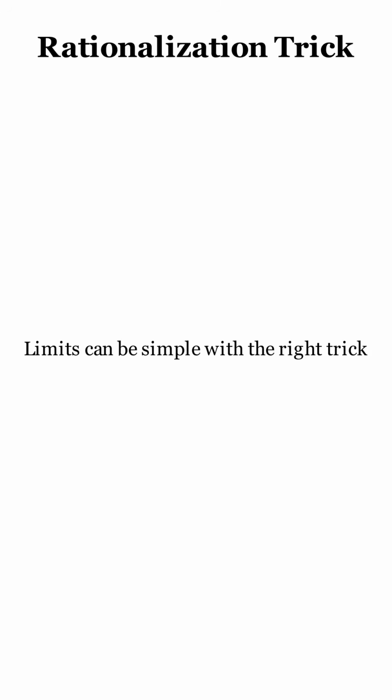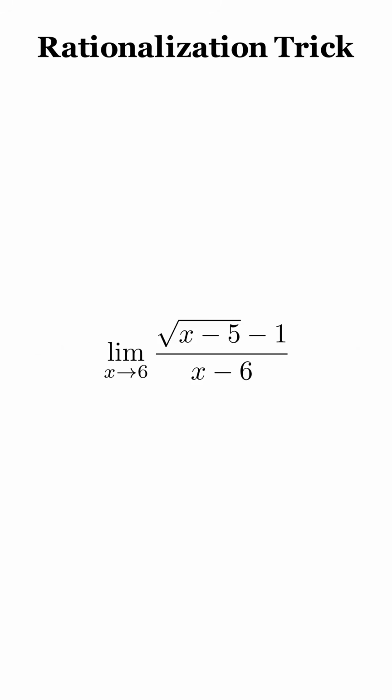What if I told you that limits can be simple to solve if you know the tricks? And here's one of them, rationalization. So let's do it with an example. Let's say we have the limit as x approaches 6 of (square root of x minus 5, minus 1) over (x minus